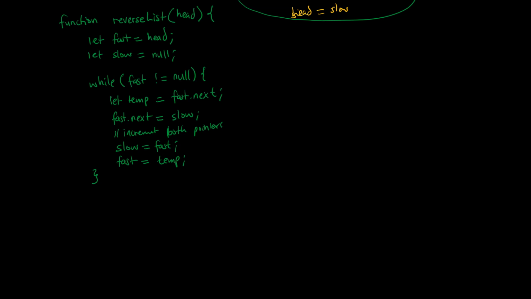So this is as easy as that. And then return the new head. So now the new head becomes, return slow. That's the end. That's as easy as that, reversing a linked